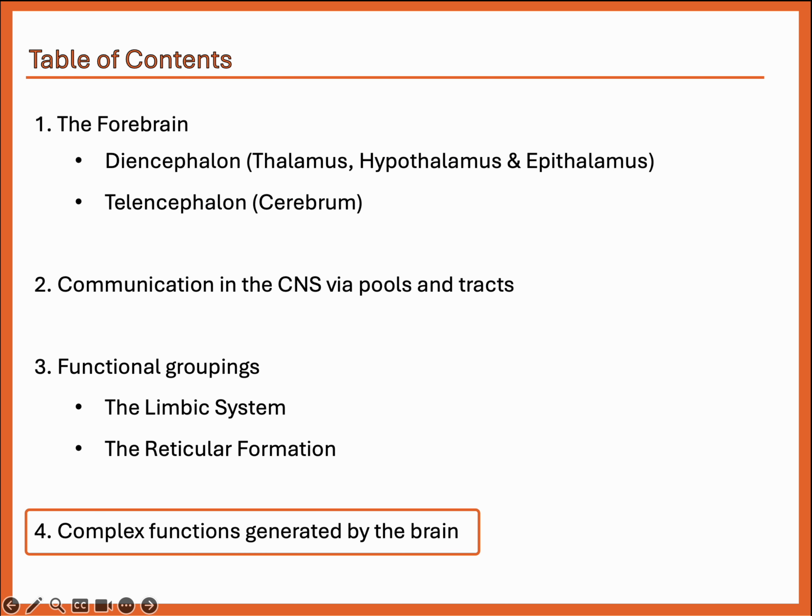So remember in lecture 8, we saw the forebrain was in two parts, the diencephalon and the cerebrum, the telencephalon. We talked about communication in the CNS via pools and tracts, such as the corpus callosum, how the two hemispheres talked. We talked about functional groupings, the limbic system being those emotional areas, the reticular formation being more of those arousal and alertness areas. And last but not least, what we need to cover is just some questions about complex functions